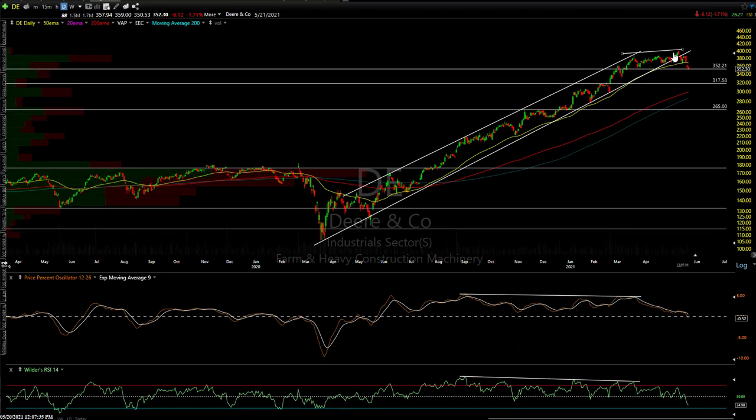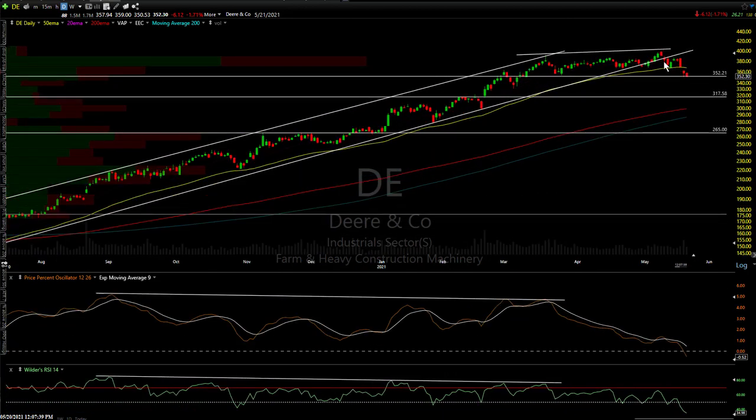Yeah, John Deere already broke down. Beautiful uptrend line. Breakdown. Look at that. Look at this. Breakdown. Big red candle right here. Back test. Rejection. Right down to the BOD support, 352.21. So my common theme is we're sitting on, I think, the edge of a cliff. I imagine most eyes don't see it.